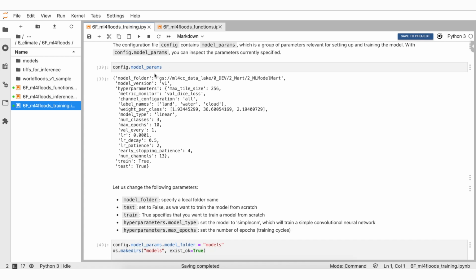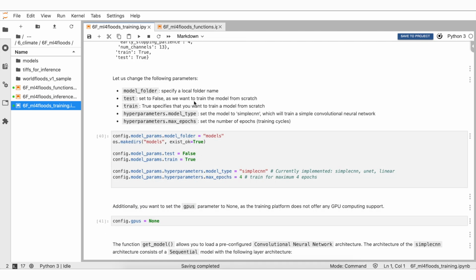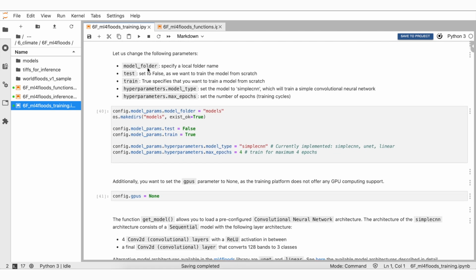And if we print this here, we see that we already have a set of parameters set. So we have a set of hyperparameters, which includes maximum tile size, metric monitor, channel configuration, label names, which contains our 3 classes, land, water, and cloud, number of classes, maximum number of epochs, etc. And we want to change a set of parameters which we list here. So we want to change the model folder,